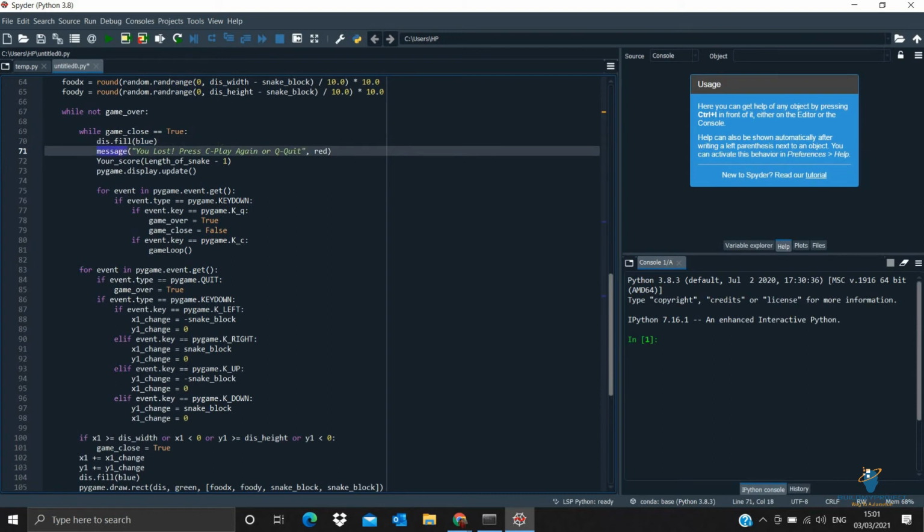Press C to play again. We will assign that afterwards. If you press the C button, you can play again, and if you press the Q button, you can quit the game and your game will be closed, and this will come in red color.